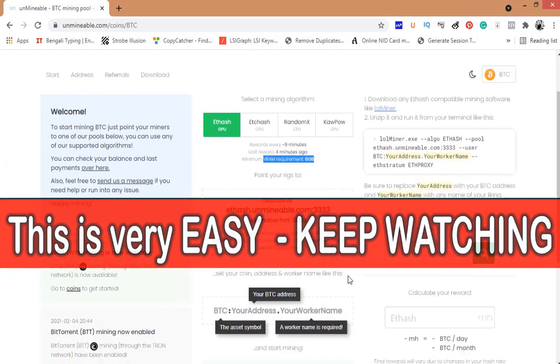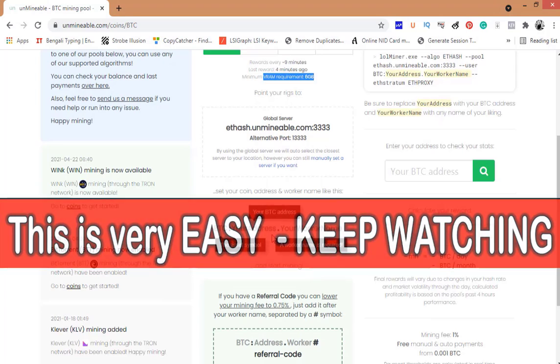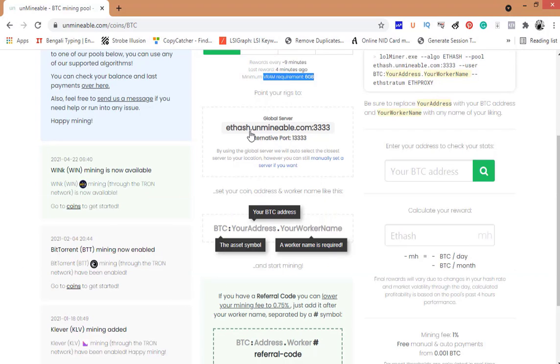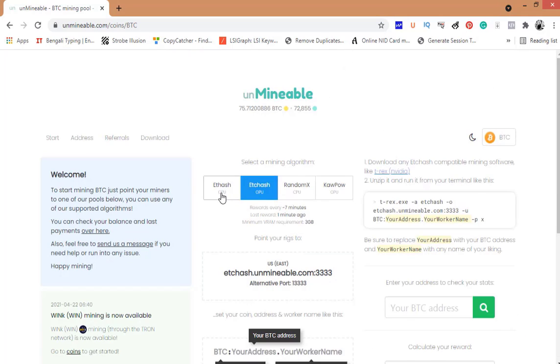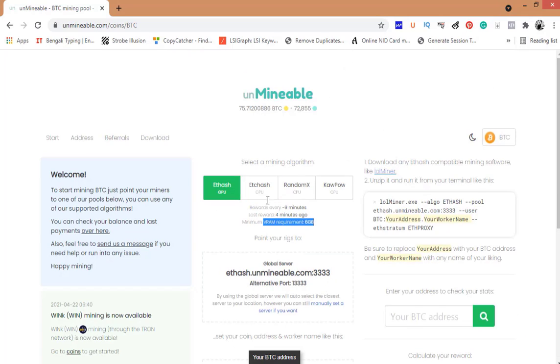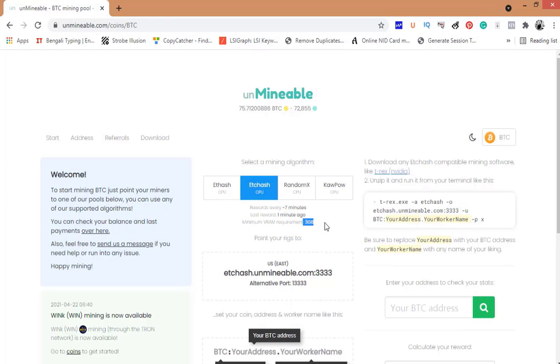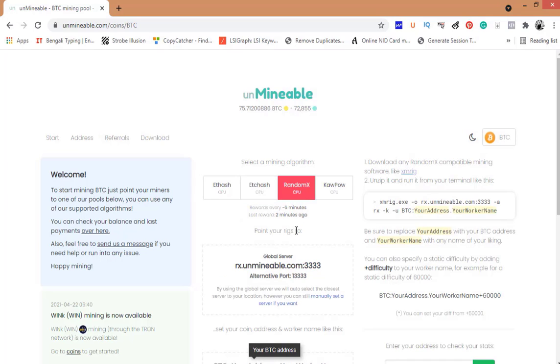So if your graphics card, GPU or CPU is powerful, I mean more than 6 GB RAM, or you have some great amount like a 4 GB or 2 GB graphics card, you can start your Bitcoin mining